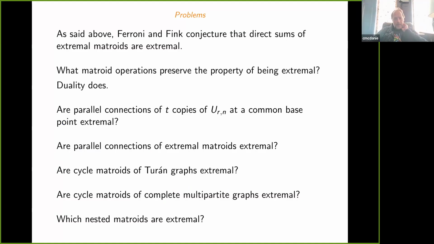So for example, on this second one, you say duality preserves being extremal. Does that correspond to some automorphism of the polytope somehow? Like maybe it's centrally symmetric or something? Or can you say anything about the structure of the matroid polytope? I don't have a ready answer for that, but I remember in